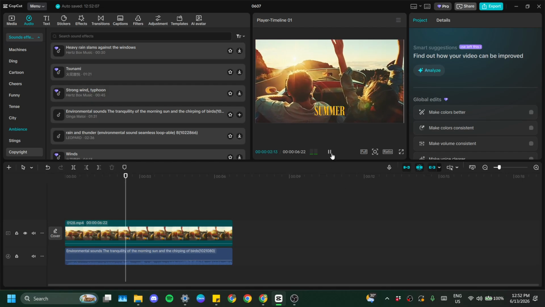Once your text layer is in place on the timeline and your font styling is adjusted in the top right panel,